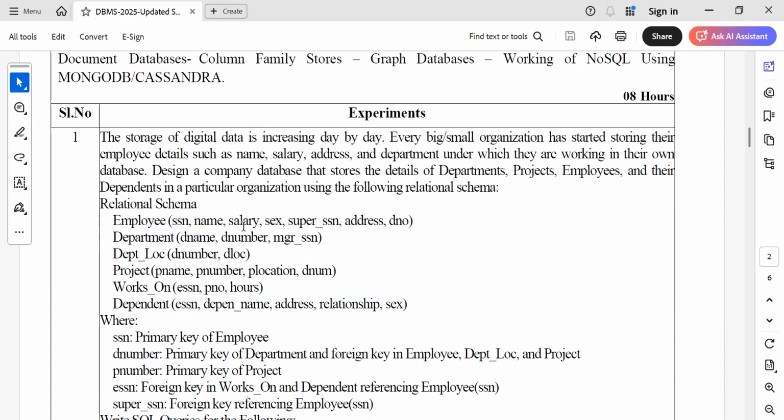So for employees: SSN, name, salary, gender, super SSN, address, and department number. A few things we have taken for referential integrity purposes, and a few for self-referential integrity purposes. I hope you are getting what I am telling here. This means that when you solve this question, all the database, relational schema pattern, constraints, data types, and other clauses and all the query mechanisms which we were using to solve some generic